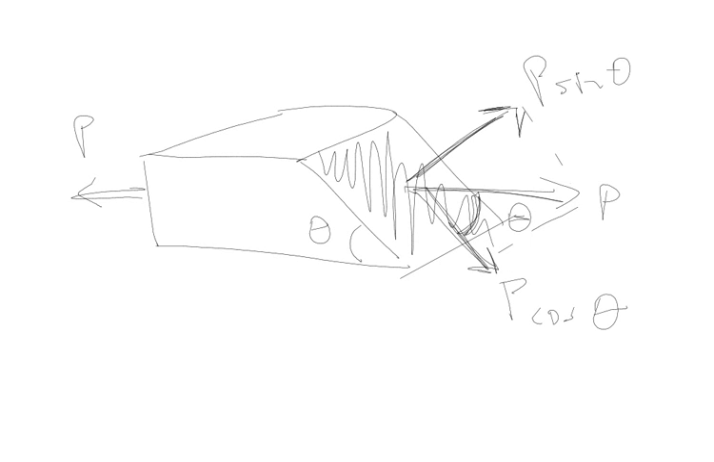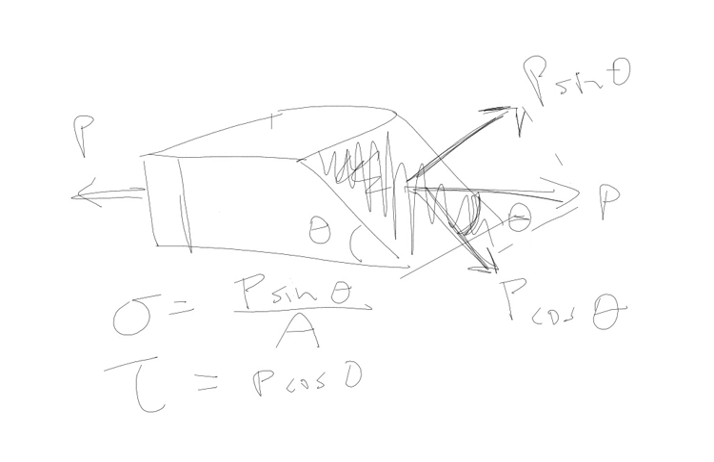And that means on this inclined plane, you have sigma equal to P sine theta over this area. Is that area equal to the original area that we were looking at? No, that's a different area. But you also have a tau equal to P cosine theta over area. And how do I calculate that area? Well,